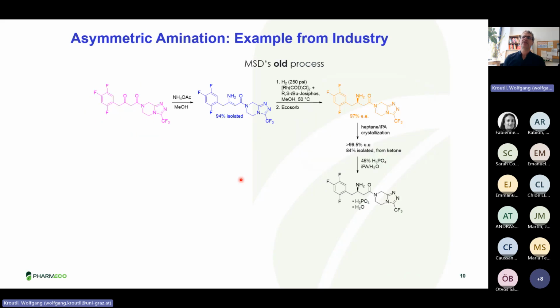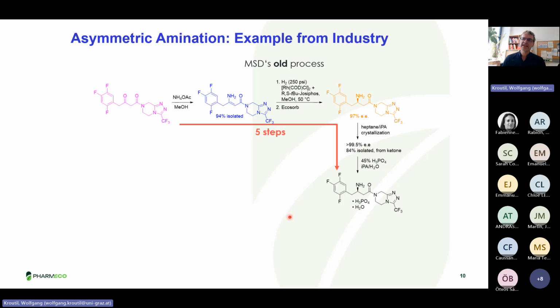And I think it was fascinating that here, an old process at MSD consisting of 5 steps, whereby one was making the enamine, another one was the asymmetric reduction, but just giving 97% EE. Another step was removing the rhodium, then a recrystallization to increase the EE, and finally a crystallization to get the product,